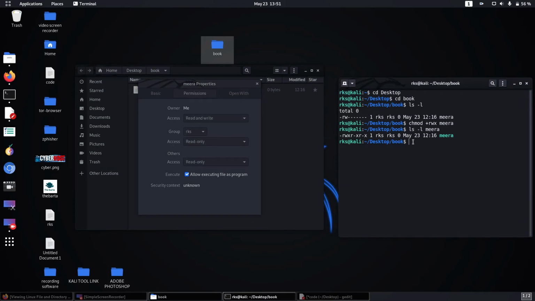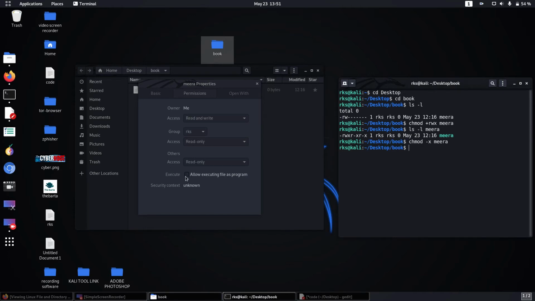Again check it. How to disable the execute power: chmod minus x, Mira, then enter it. See here, there is no x sign.